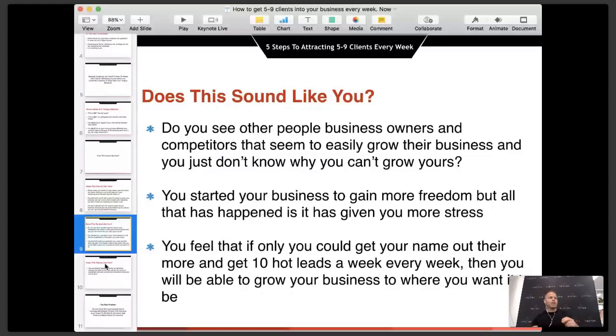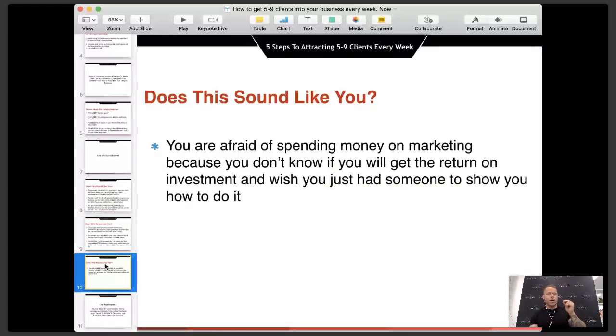The last thing, and this is what I was 7 years ago, I was afraid to spend money on marketing. I saw it as an expense, not an investment. I didn't know that if I spent $1 on marketing, I'd get $5 back or $10 back. But now I see it as an investment, because I know if I spend $10, I'm going to get $100 back. If I spend $100, I'm going to get $1,000 back. I needed that exact understanding. I have that exact certainty now.